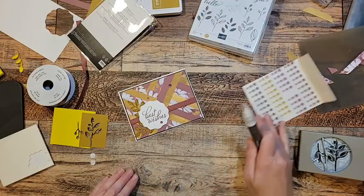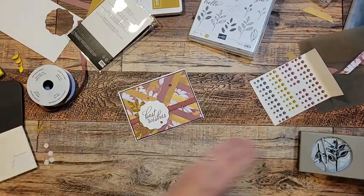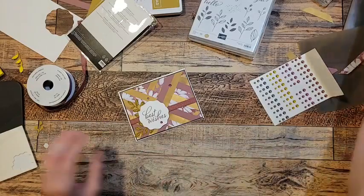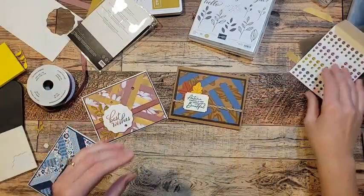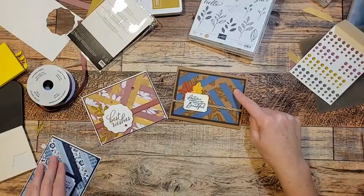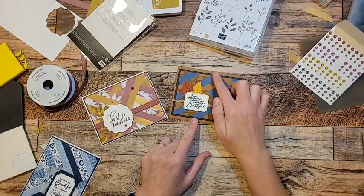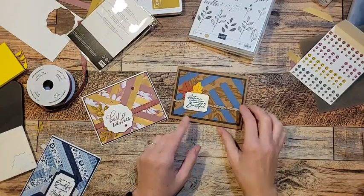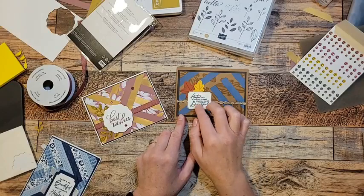All right, so there is my scrappy strip technique card. Let me give you a closer look at these two also. This one I used all cardstock on. I literally had scraps of Pecan Pie and Misty Moonlight. This is one of the new autumn sets that are coming out here